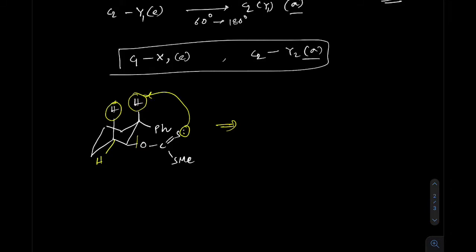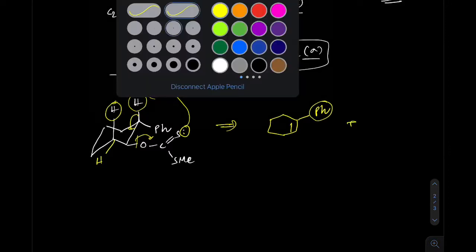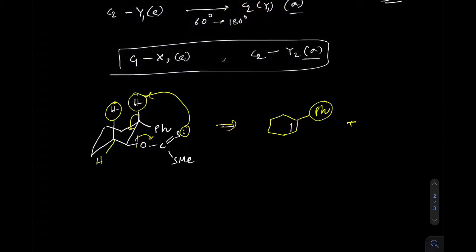It can take this hydrogen and it forms this type of product. This is a major product because this is more substituted and next to the phenyl ring due to conjugation, and another product is due to following this pathway. This is a minor product due to less substituted and skipping one carbon from this phenyl ring.